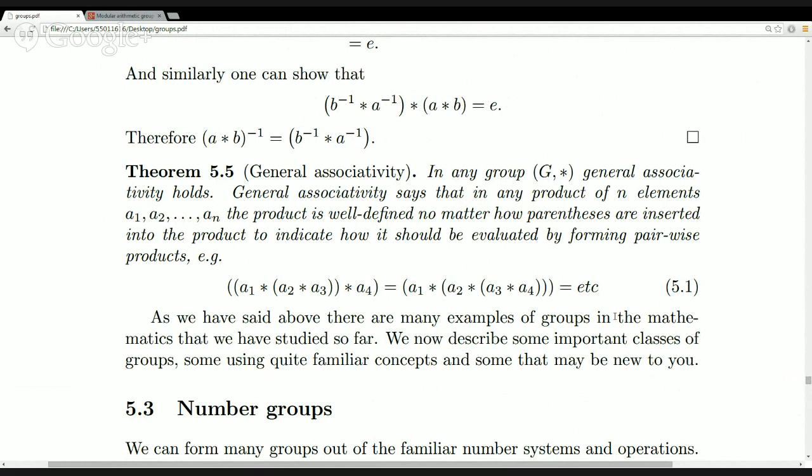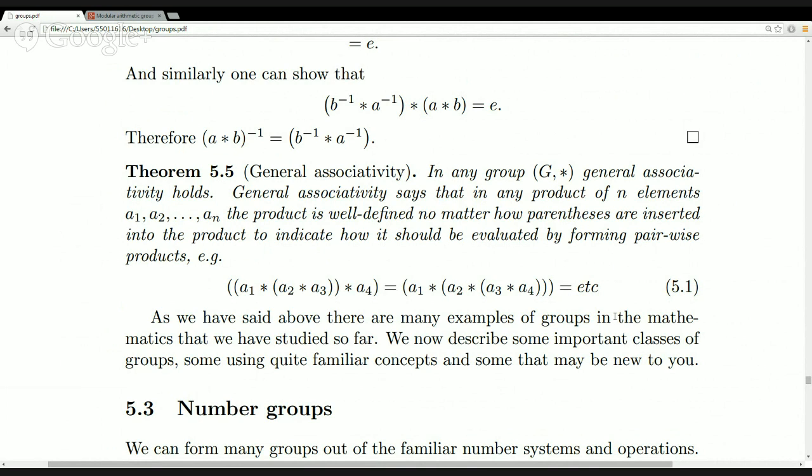But how you choose to evaluate it, by multiplying pairs together and then multiplying the results by the other elements and so on, whichever way you arrange your brackets will always give you the same answer. Okay? It's not an extra axiom, it's a consequence of the single associative axiom. Okay? Now, we're not going to look at the proof of it, but you can prove it using just a